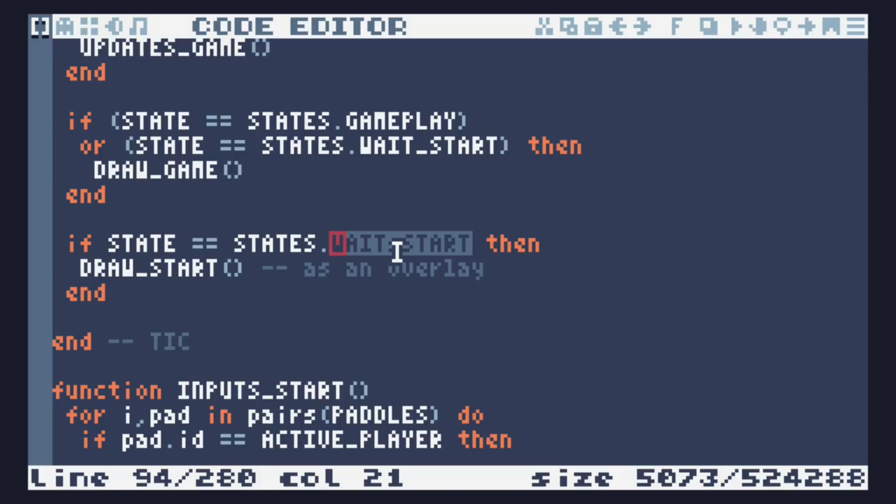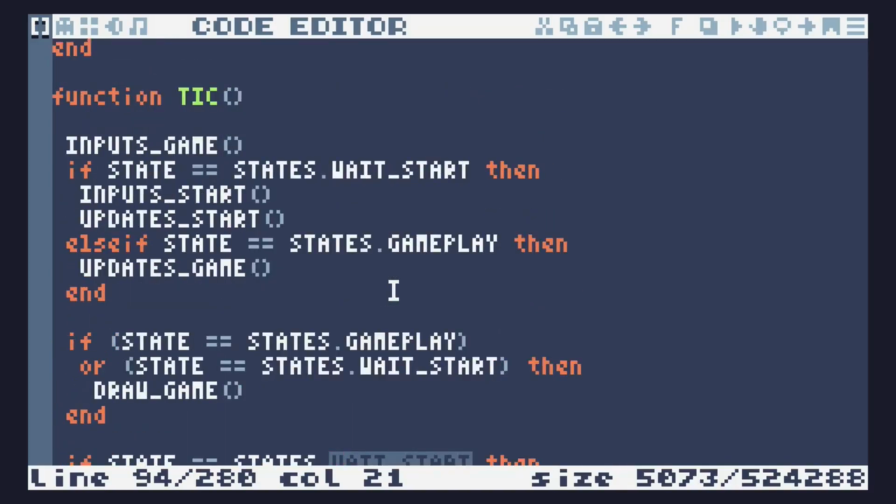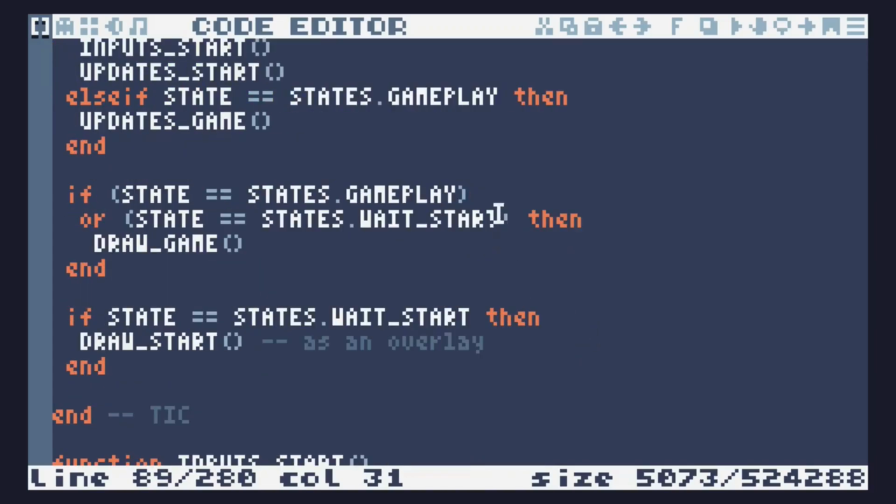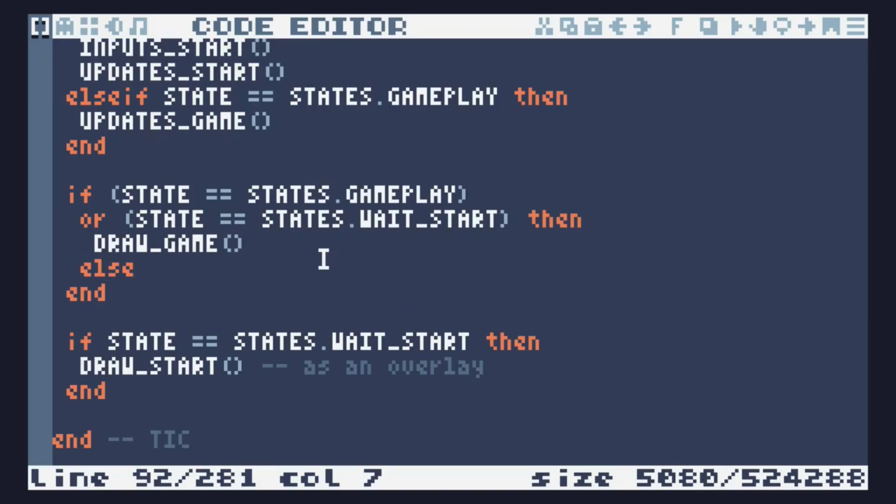We should be fine. Okay, now we need to draw the menu. So in TIC, if the state is gameplay, then do updates game. If the state is equal to gameplay or wait start, then we draw the game. Else, if